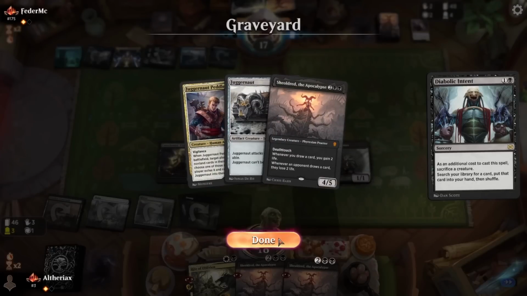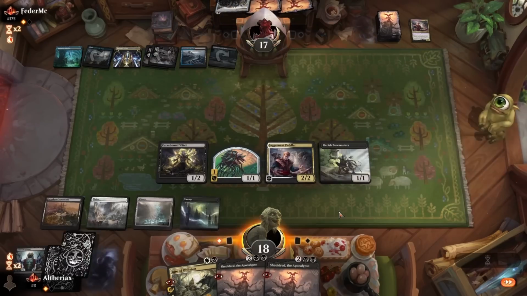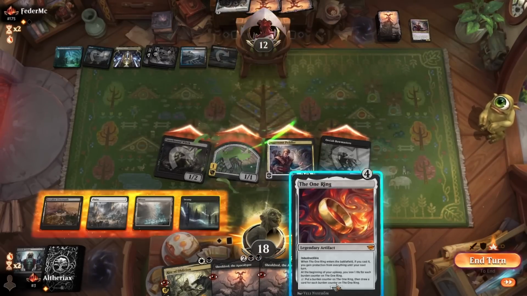I mean, maybe they're running a sweeper potentially, but black sweepers aren't very good in Alchemy in general. Just trying to think what the best black sweeper is. I mean, Languish isn't legal, Extinction Event isn't legal, I don't think. So, wow, and they didn't have the land either. So, we do draw One Ring, which is pretty sick, but